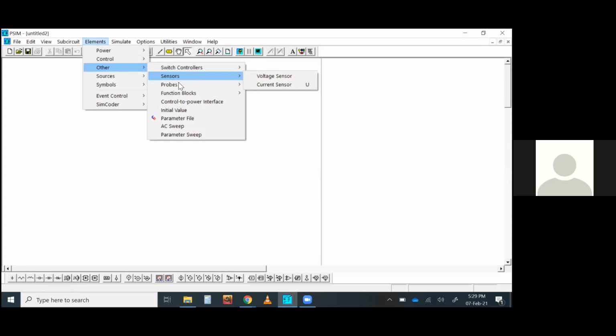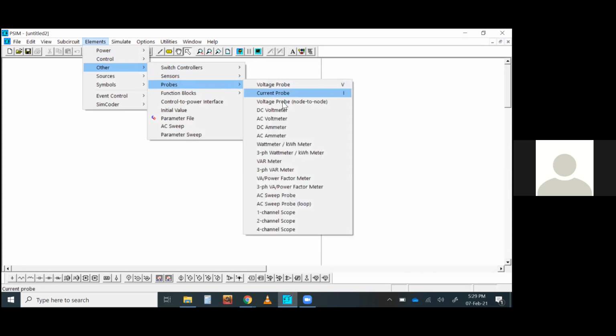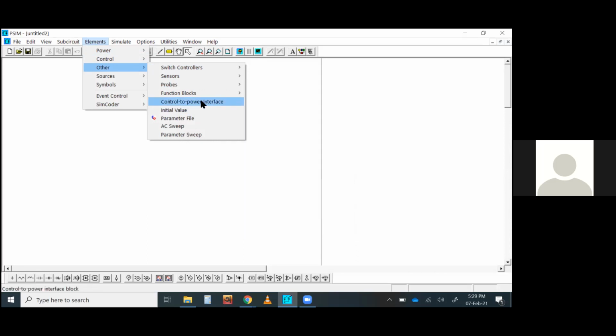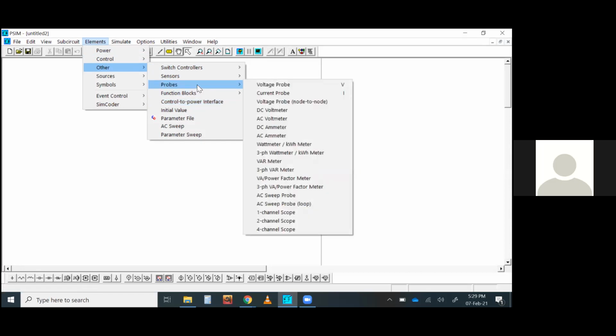There are sensors, probes. Under the probes, you can get the voltmeter, ammeter, all kinds of wattmeter, and the oscilloscope. So the simulation platform is pretty much like a practical one. When you are designing a circuit in practice, if you want to see the voltage and current, definitely you are going to use the multimeter or voltmeter, ammeter, or oscilloscope to check and to visualize the signal. The same goes here. You are going to use these instruments like a practical case scenario to check the voltage